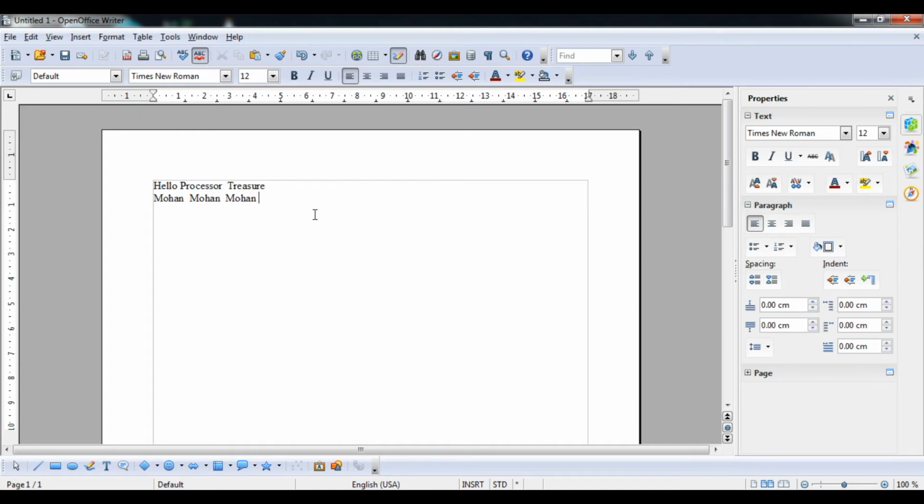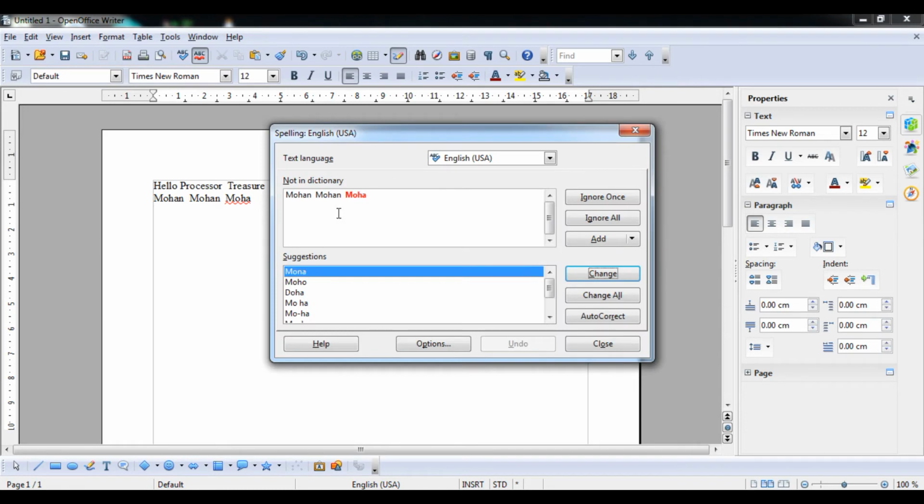this is the name of a person, and the name of a person can't have, I think, a problem, because that particular name is not under the categorized dictionary. So we have learned, student, how to ignore that. I will show you. Suppose that I will write this. So we have learned how to ignore all, and we can add the content to the dictionary also.